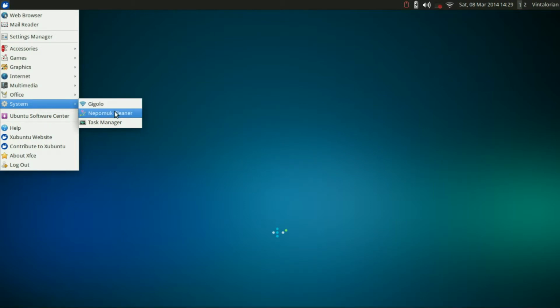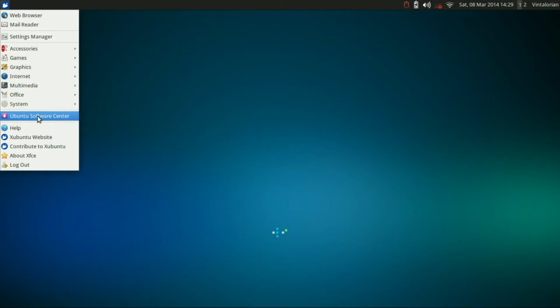We have underneath that the Nepomuk Cleaner, which I believe is a system cleaning tool, which is nifty to have. And we have the Task Manager, which is very good for seeing what applications are open and what kind of resources they're using. Underneath the Systems menu, we have the Ubuntu Software Center, which is great for installing just about